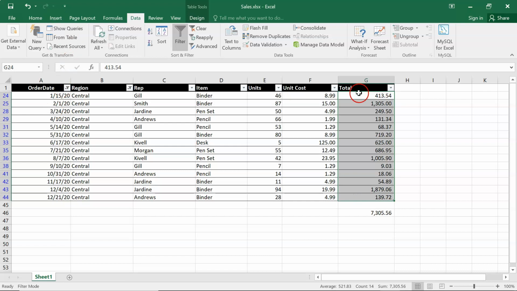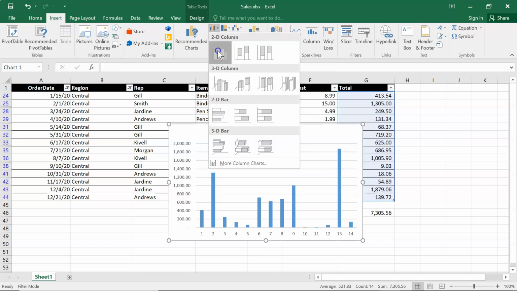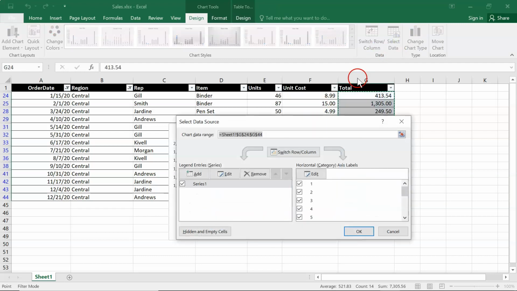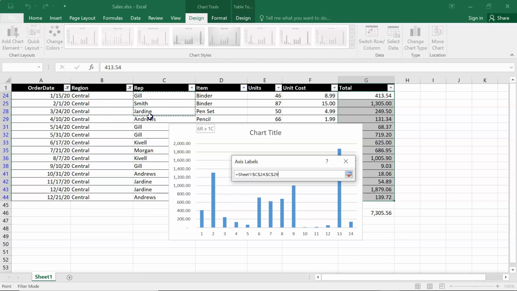I can just select this series, go to insert, and apply this bar chart. And if I want to change the horizontal axis, I can just click on this chart, select the data, edit this horizontal axis, and from the horizontal axis I am going to select this representative.